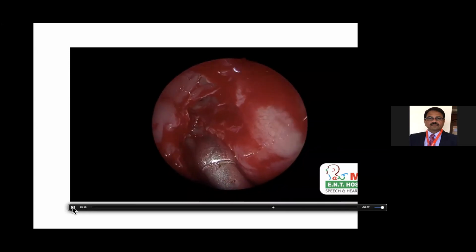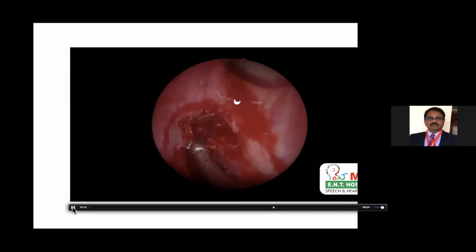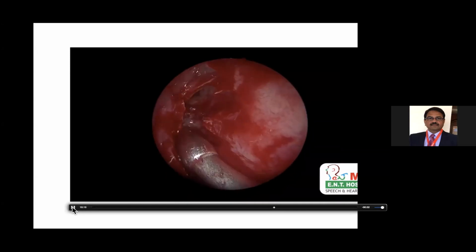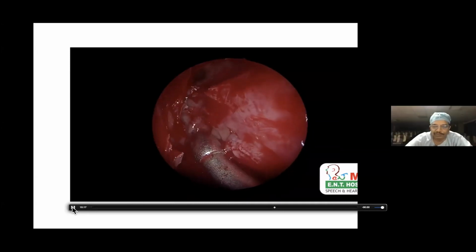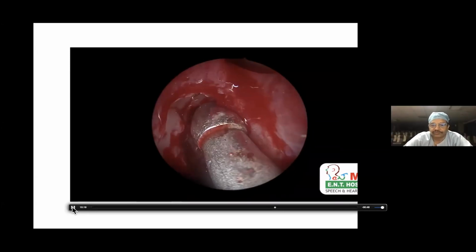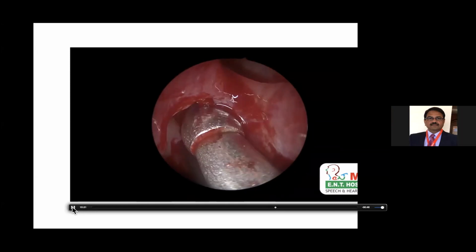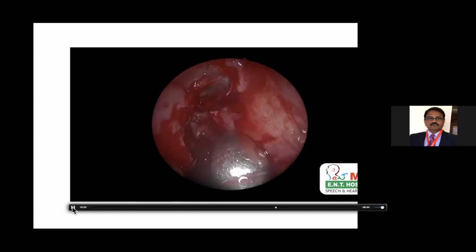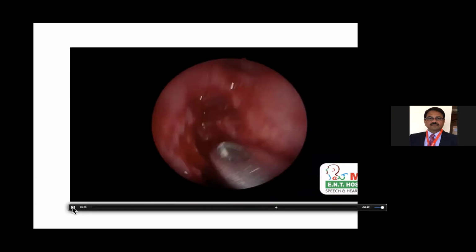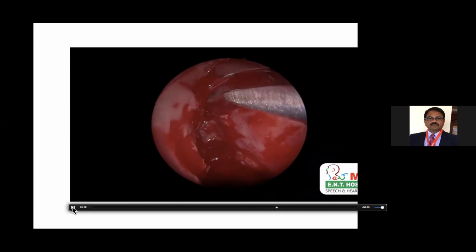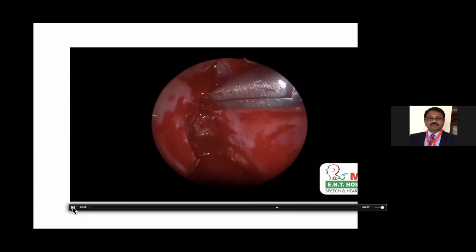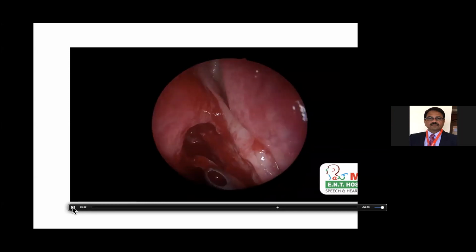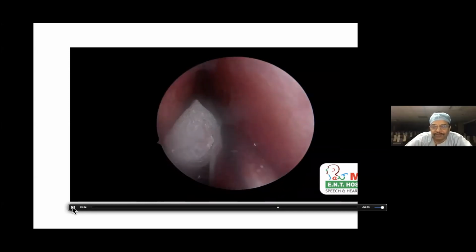So this is a very critical and important point to note. Any bare bone has to be removed. That can become sequestrum and cause a lot of inflammation, and also healing by secondary intention, which causes a lot of fibrosis, adhesions, blockage. You have to remove only bone.